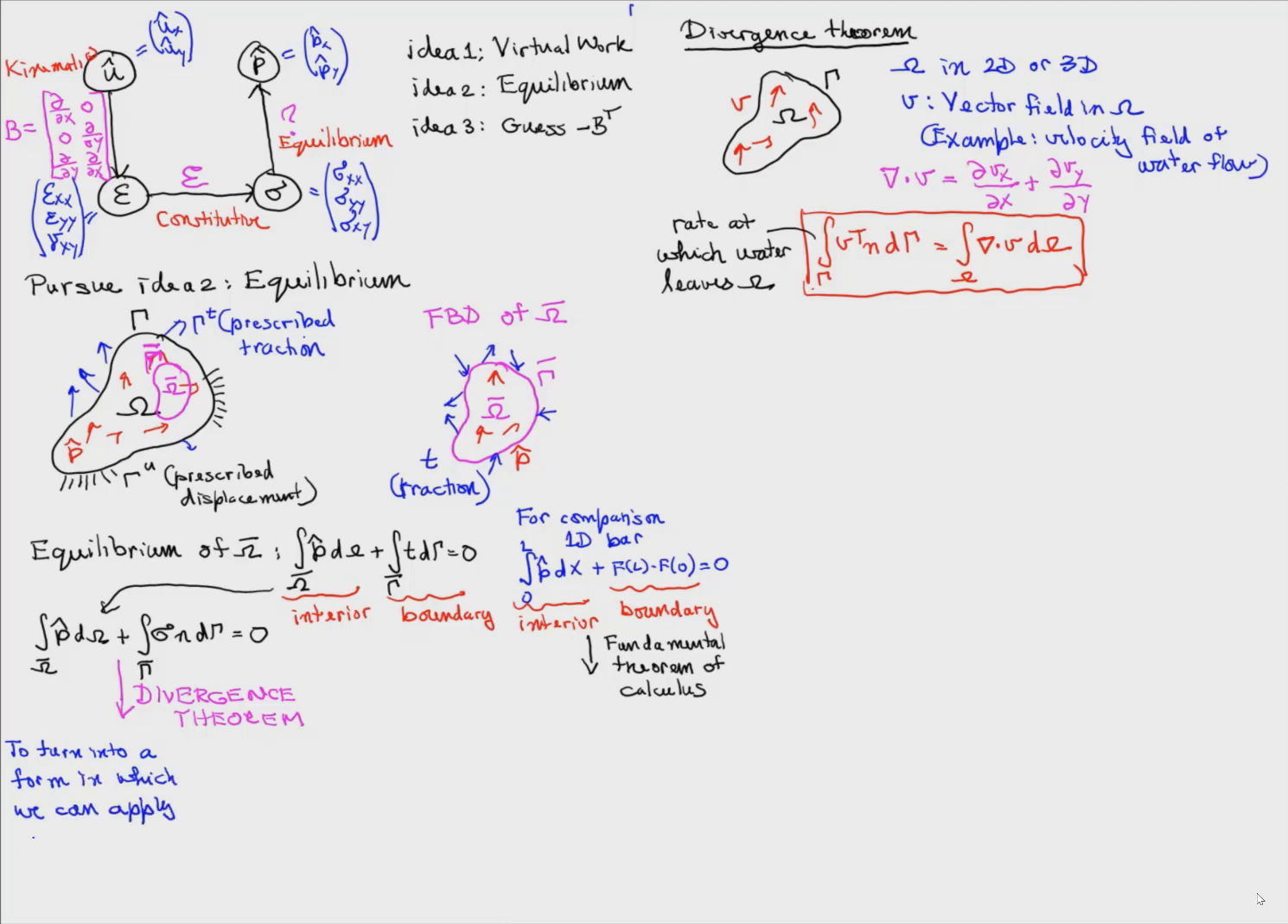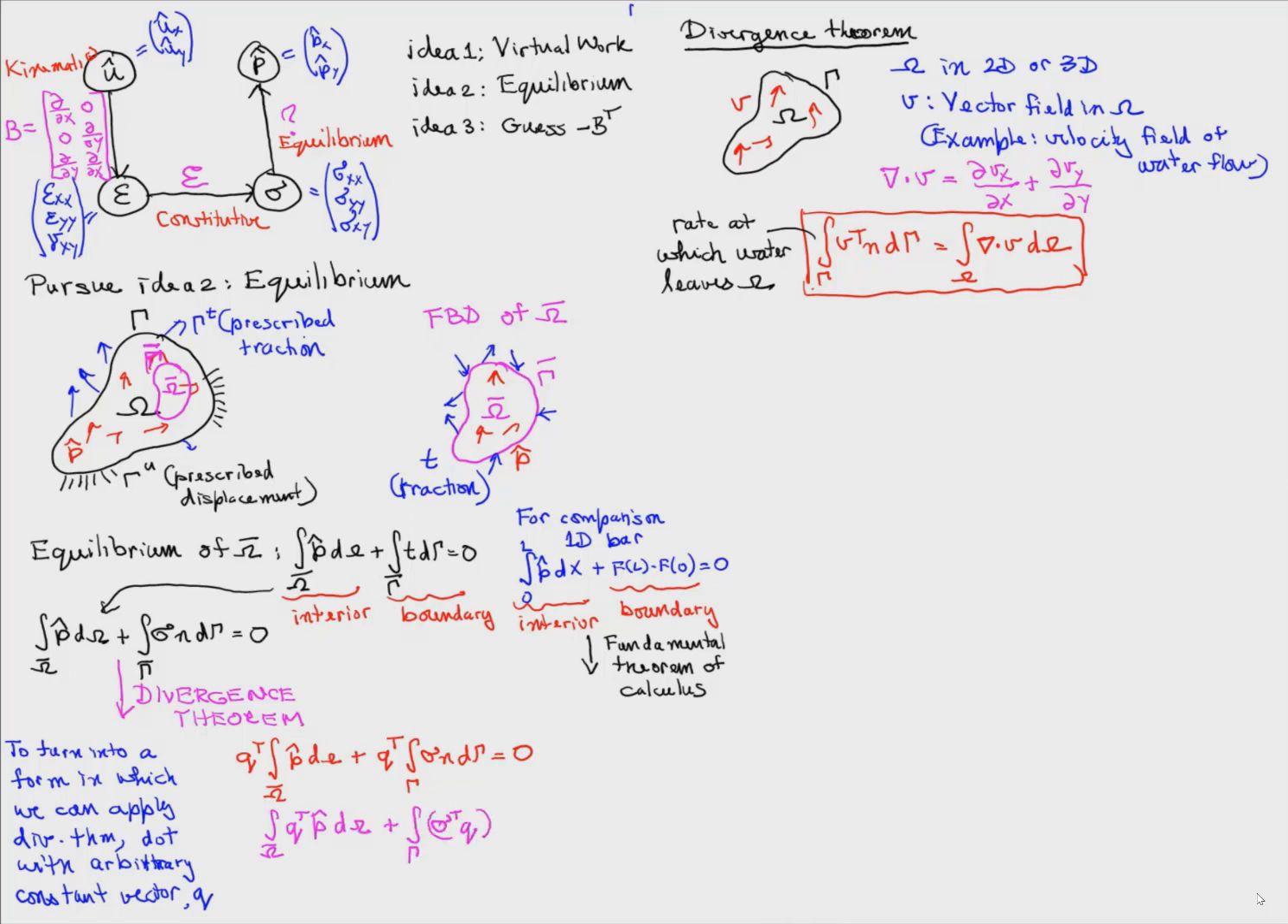Now coming back to our equilibrium equation, to turn it into a form that we can apply divergence theorem to, we dot the whole equation with a constant but arbitrary vector q. So we dot the two terms of that equation by q. Then we can rewrite the integrals like this, basically taking q inside in the first case and writing as sigma transpose q the whole transpose times n, and we can identify the sigma transpose q with the v in divergence theorem. So now we can apply divergence theorem,